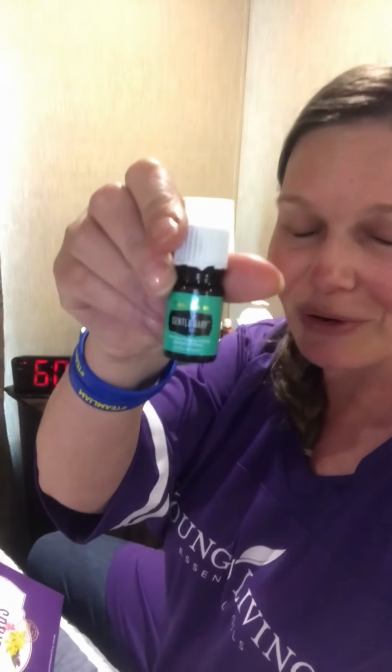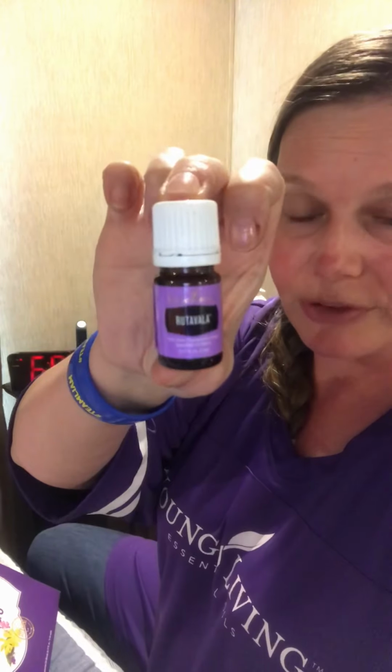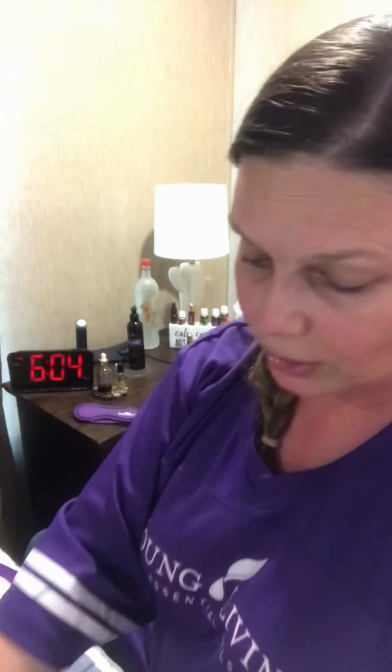Gentle baby, even though it's made gently for baby, it is very good for adults in all sorts of ways. Peace and calming. Rutavala, if I want to diffuse it, this would be the one to diffuse in the bottle. And Sacred Mountain has a very high frequency, so I keep that at night too by my nightstand. And then in here,